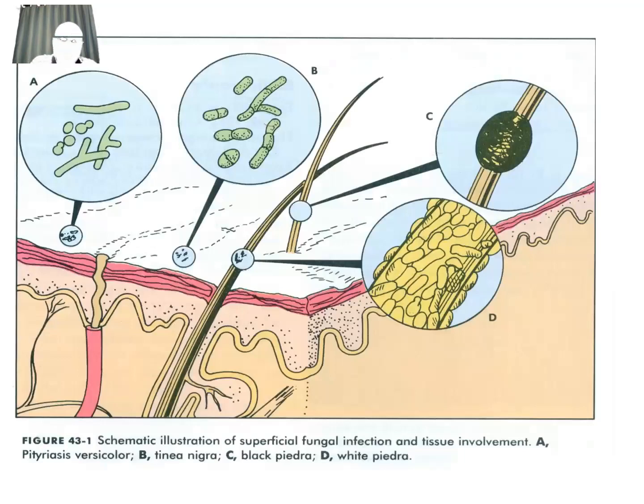So you can see the various types of infection in various places when they have been magnified. So you can see how these tissues are affected. You can see pityriasis versicolor magnified when it is on the skin. You can see Tinea nigra. You can see black piedra when it is magnified, and you can see white piedra. All these are skin diseases which affect our body, topically on our skin.